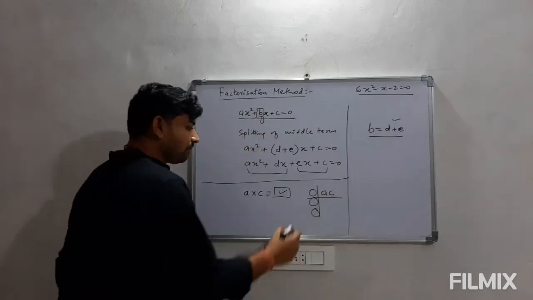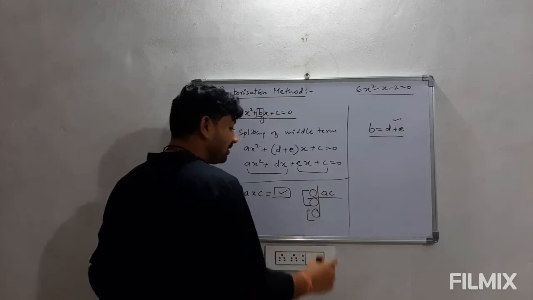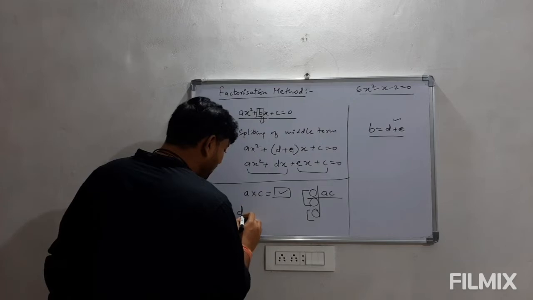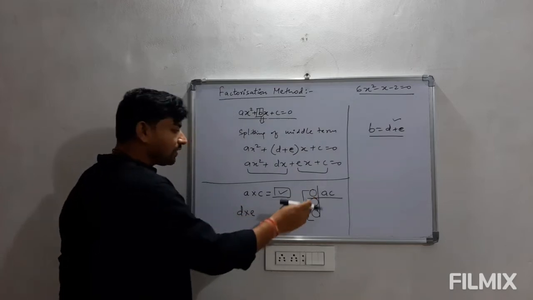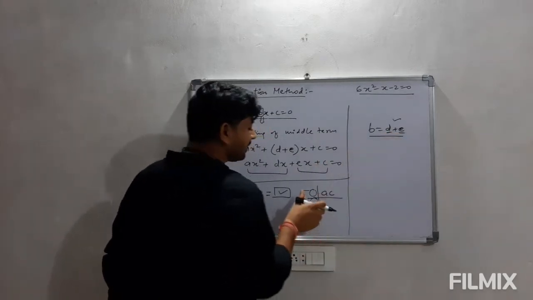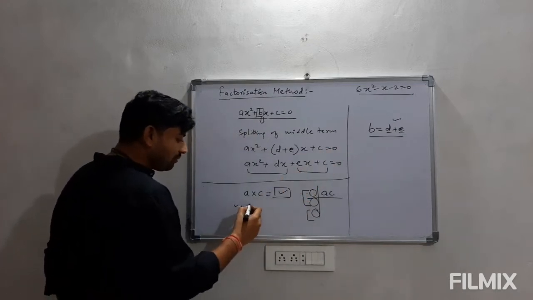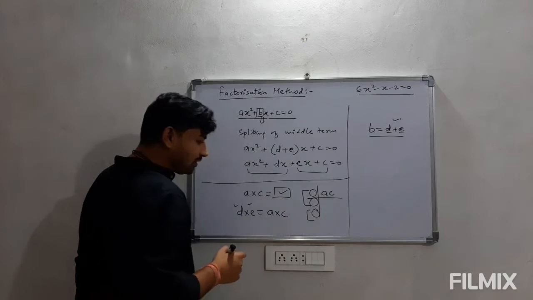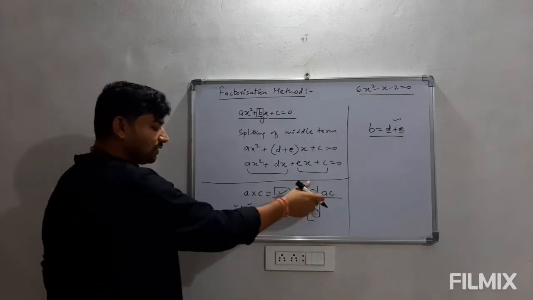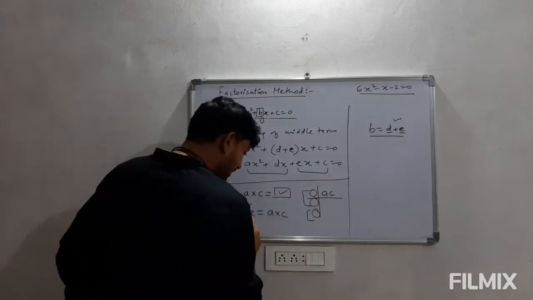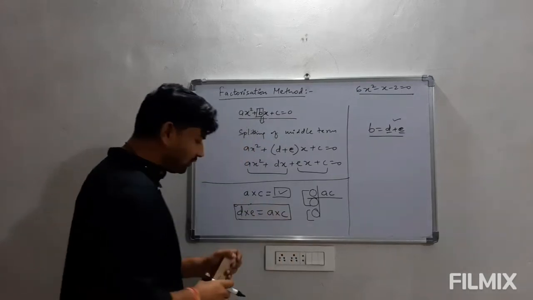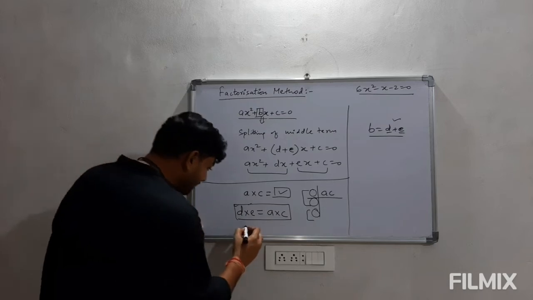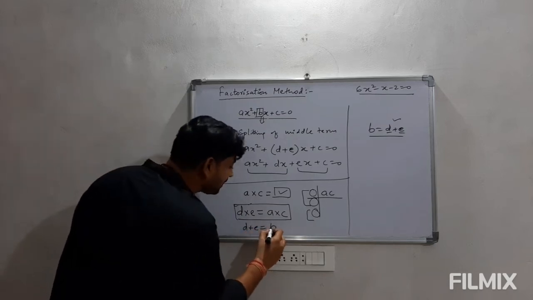Now what we have to do is make a combination of all these factors, so that if we multiply them, like two factors will be nothing but d and e. The combination that forms, we will call d and e, such that their product is equal to a into c. It will be by default because we are using the factors only of ac. So we have to keep in mind that the two factors we are making should have product equal to a into c, and at the same time their sum should be equal to b.